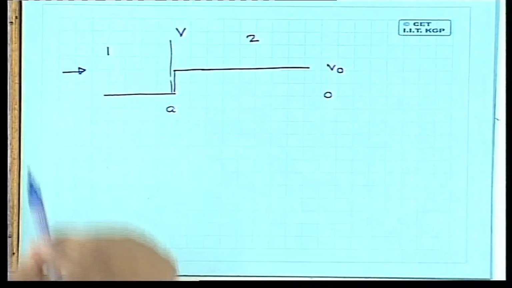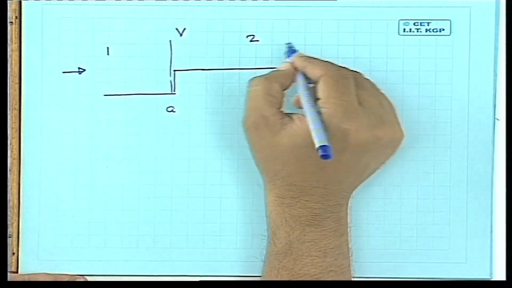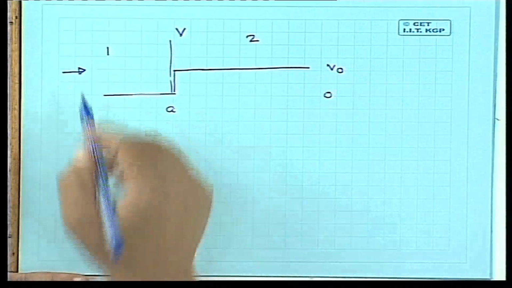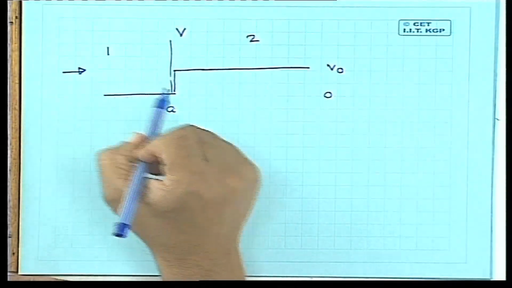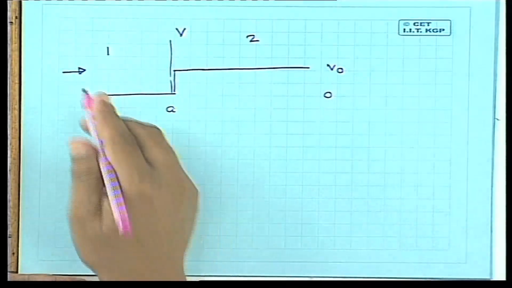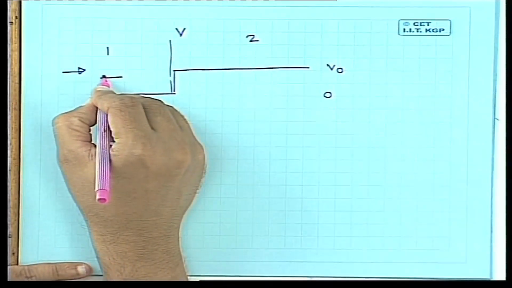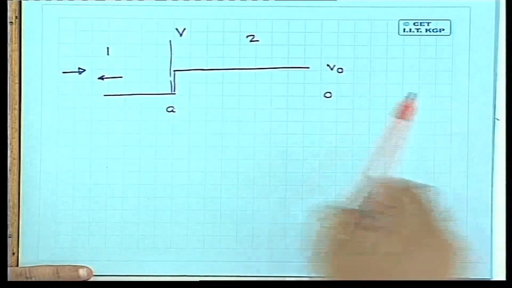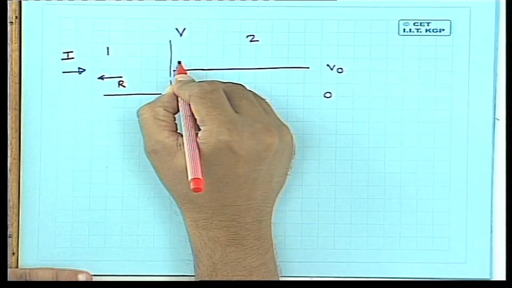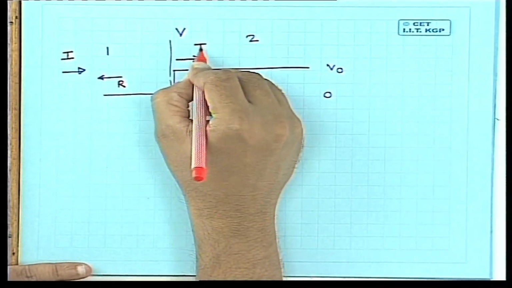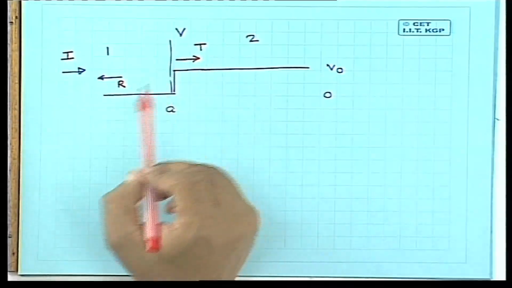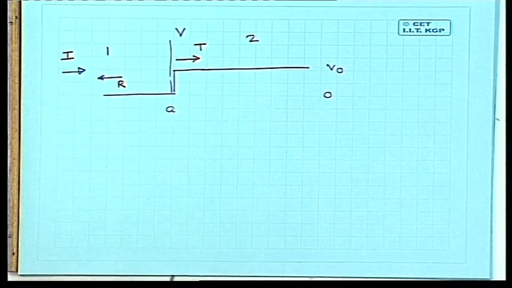We are sending in particles from this side and there are no particles coming in from here. Like in optics, you send in light from one side and you see what happens to the light. So something very similar to what happens in optics happens here also. A part of the light will get reflected. So this is incident. A part of it will get reflected and a part of it will get transmitted. And the part which gets reflected and transmitted, you can calculate by matching the boundary conditions.